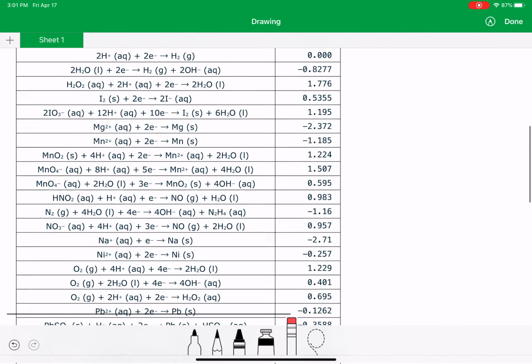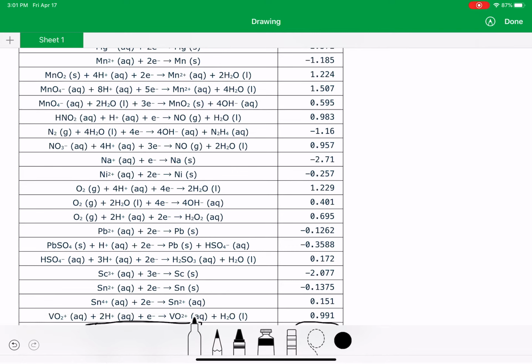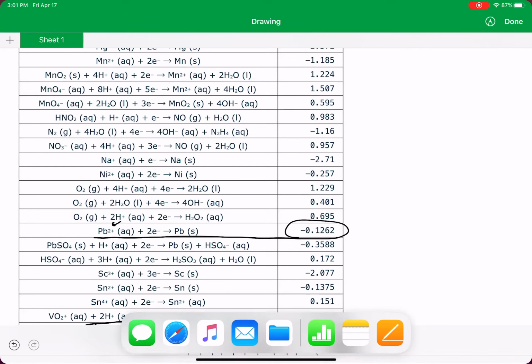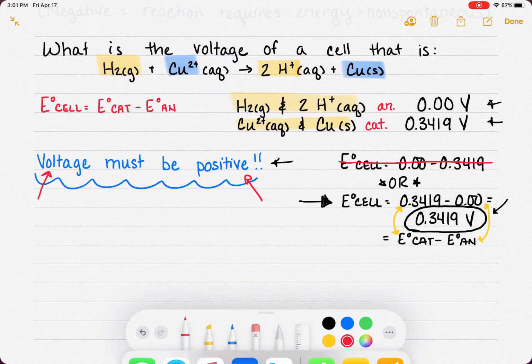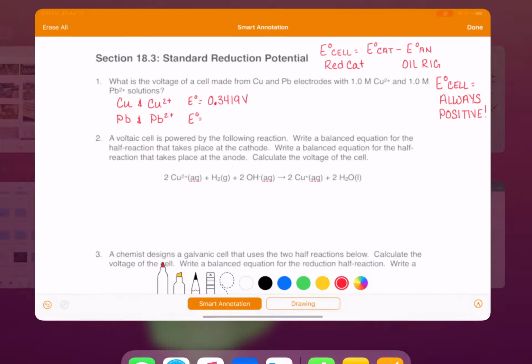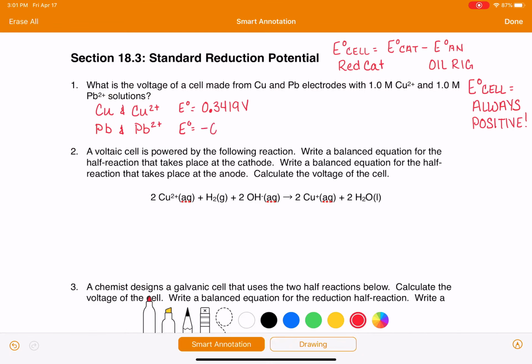Now we need to go find our lead and lead 2+ voltage. Lead starts with a P. We're looking for lead and lead 2+. You always want to make sure with these metals that you're double checking the charge and that you're finding the right half reaction. Negative 0.1262 volts. So now we're ready to plug into E cell,